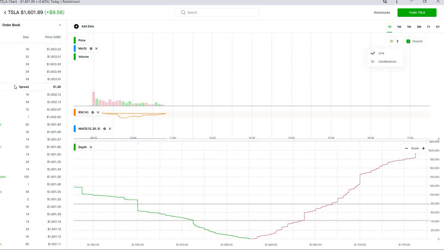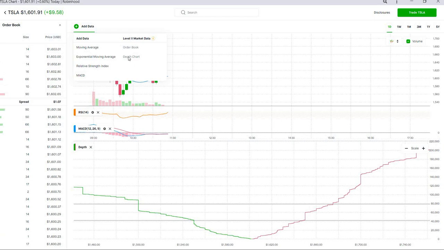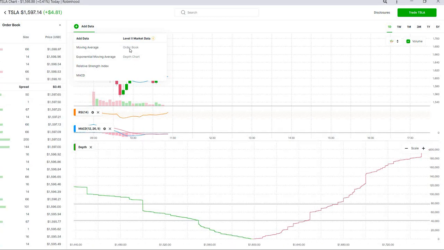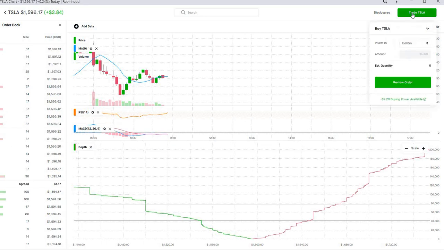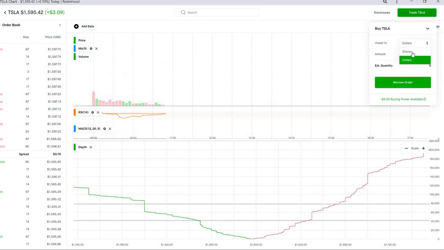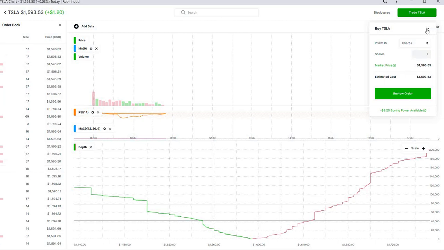Here's the order book. So this is like the time and sales. Yeah, this is really slow right now. But anyways, this is basically it. If you want to trade, say you want to take a trade on this, you have to do all this. 1 share, buy Tesla,